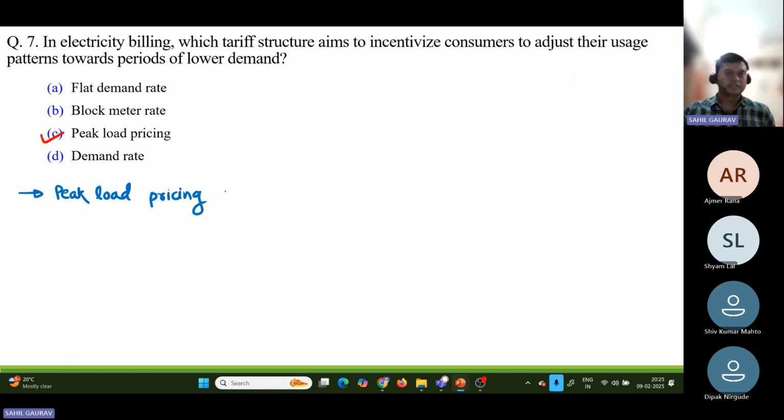I am writing all the words from the notes of the lectures of NPTEL. Peak load pricing is a pricing strategy